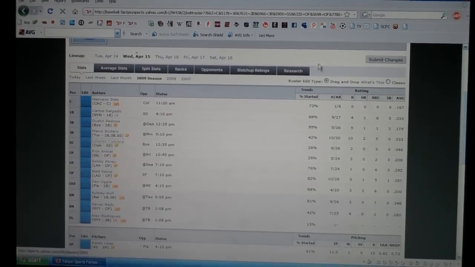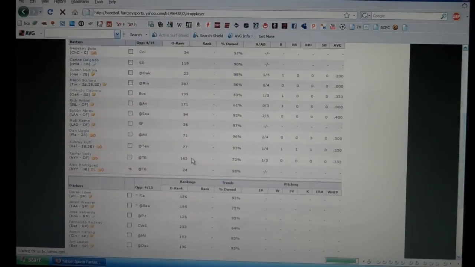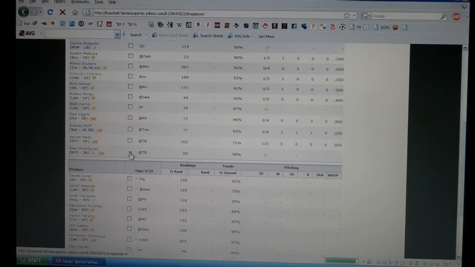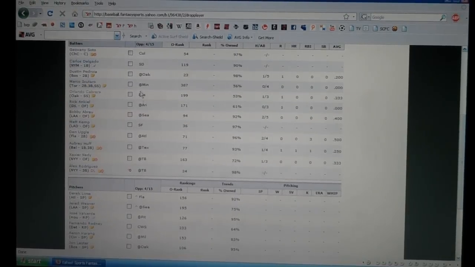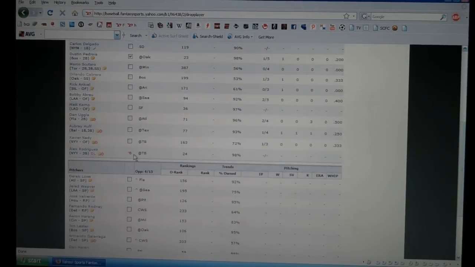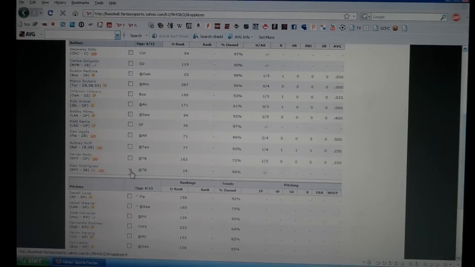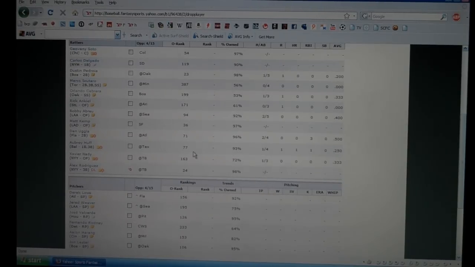The other thing is when you're dropping players, up here you may notice that there's a little symbol next to their name, such as A-Rod has this little thing. So when you want to drop a player, you click on the box and click continue. But for A-Rod, you can't drop him because he's on what Yahoo has as a no drop list. So they made a list of players that they consider top tier players that nobody can drop. This keeps teams from dropping their top players and other teams picking up kind of a